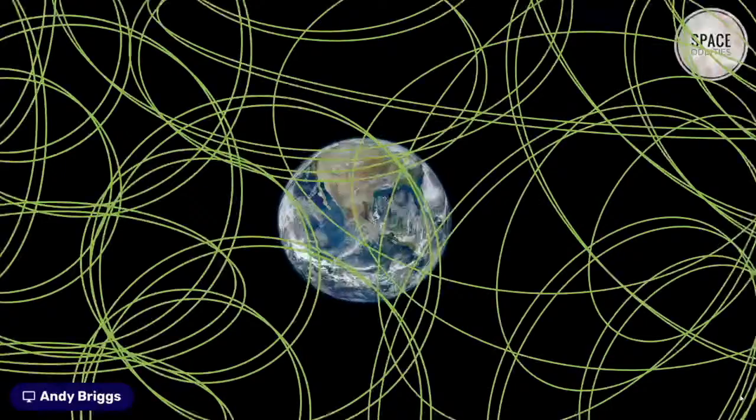The project to do this, the pulsar timing array, has been running for 15 years. So they've had a chance to collect these long wavelength gravitational waves over 15 years, coming from all over the universe. And the great thing about this is that it's not just one group of scientists. There have been similar experiments using different pulsars in India and other places, and several groups have now all come up with exactly the same results, that there is this